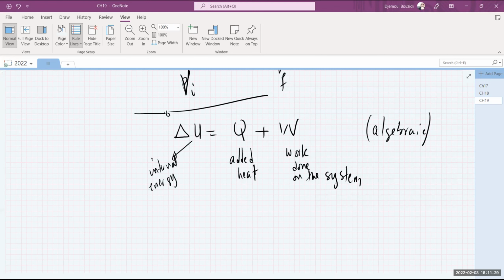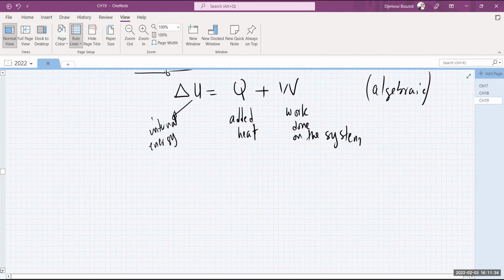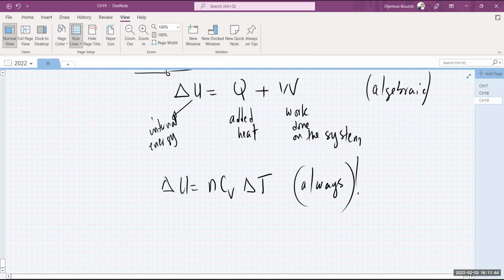For an ideal gas, that's actually a special case of all of these things. The change in energy is simply equal to nCV delta T all the time, always, no matter what, okay? Where CV depends on the nature of the gas. If it's a monoatomic gas, it's 3/2 of an R. If it's a diatomic gas, it's 5/2 of an R. If it's a polyatomic gas, it's around, oh no, that's gamma, that is 1.3. Basically, you can find it, okay?